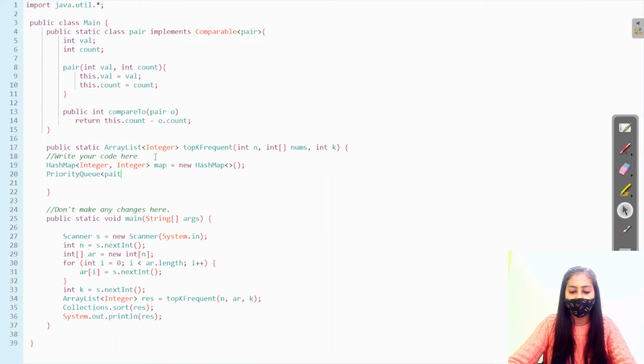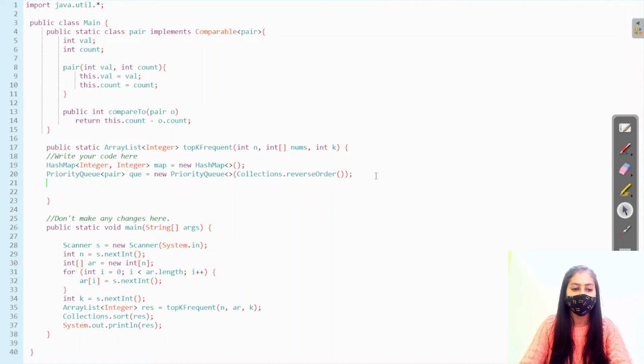Let's name it queue, new PriorityQueue. Since we are using a max priority queue, we can write Collections.reverseOrder here, right? By default the priority queue is implemented as a min priority queue, so we are writing Collections.reverseOrder here, right?